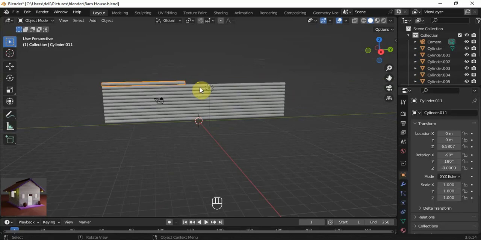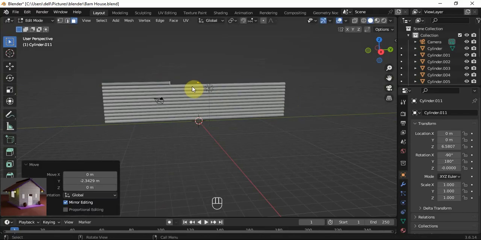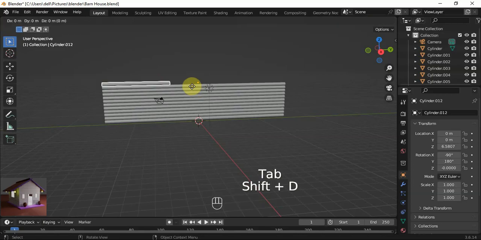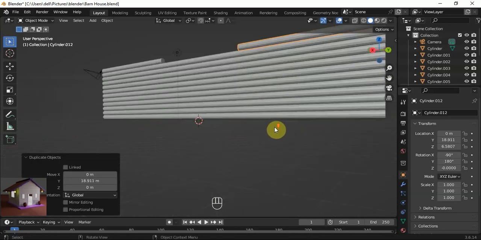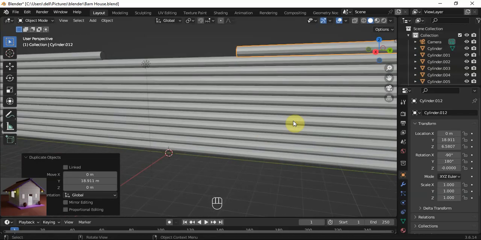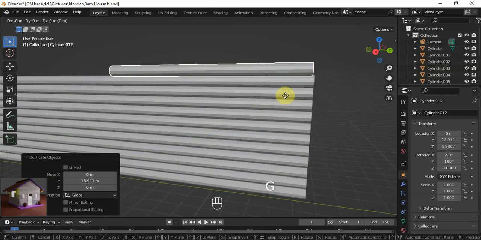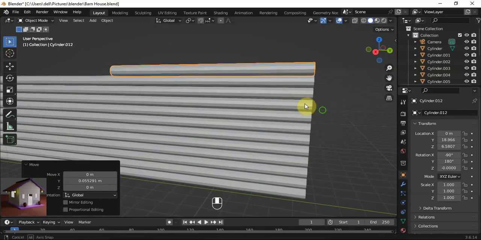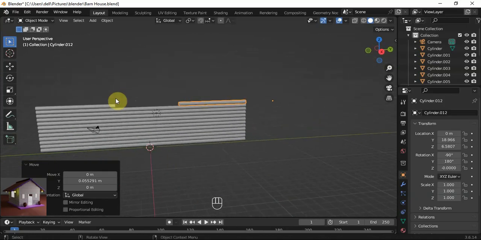Let me go back to this, then I can still move it in the y-axis. Okay, so that I can have it, then Shift D, then move in the y-axis also. Let me get closer so that the place will not be too short. Okay, G, Y. Okay, aligned. All right, so I have my window here. So what I'm going to do now is